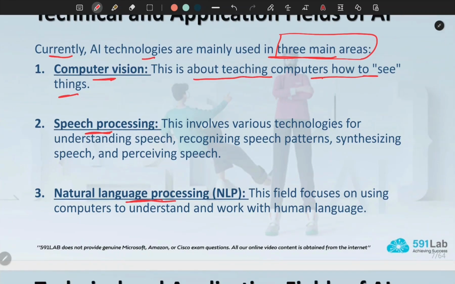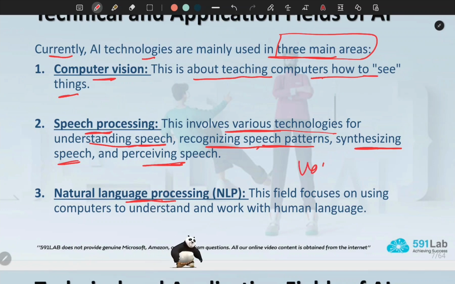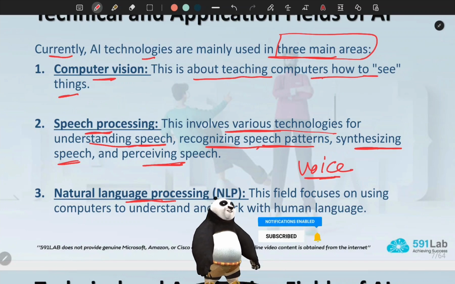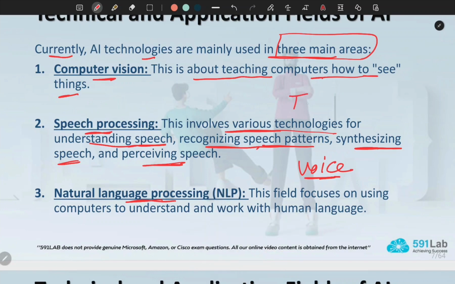Speech processing involves various technologies for understanding speech, recognizing speech patterns, synthesizing speech, and perceiving speech. Synthesizing means producing voice and speech. Okay, so you give it text and it reads it out loud.